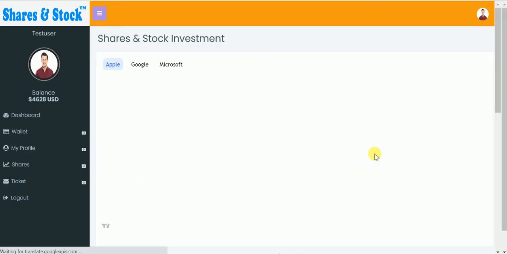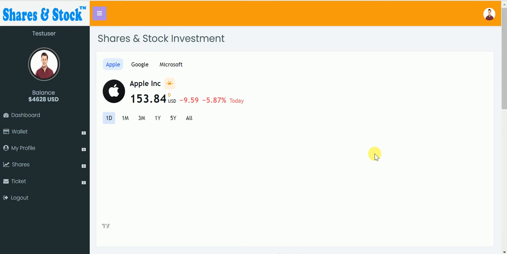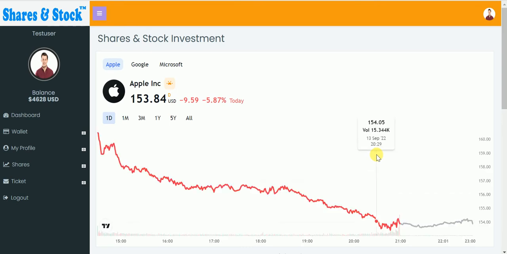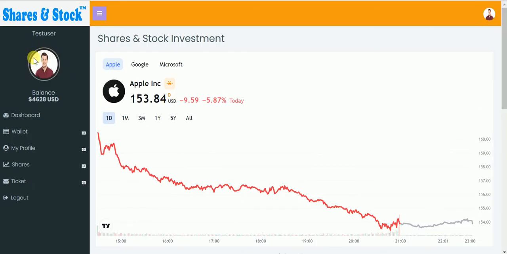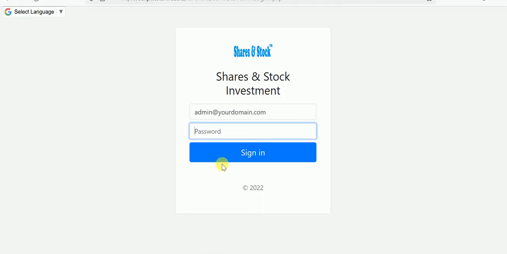Now this is how the user interface exactly looks, mobile responsive and everything. Now let me open up the admin so you see how that also looks. This is the user interface. That is the user avatar. The user can add or remove the user image. So now on the admin,